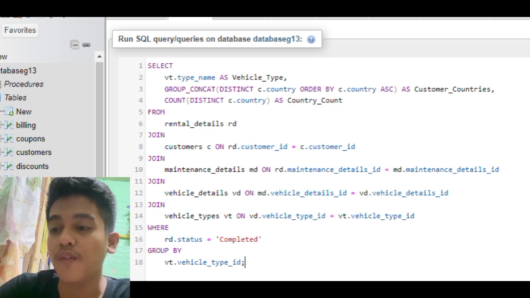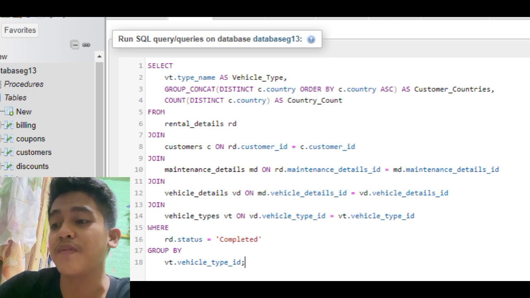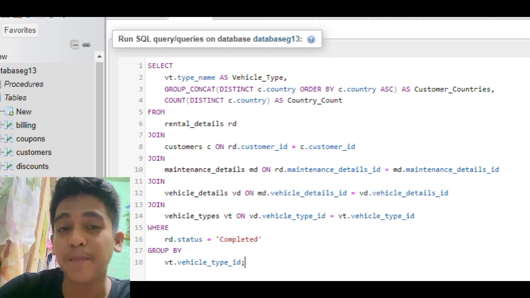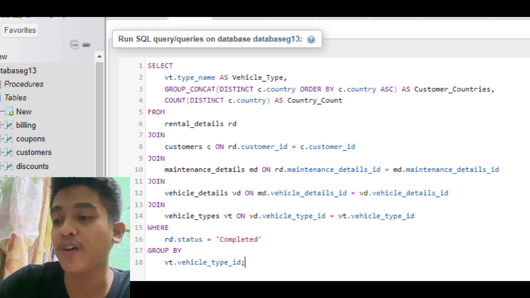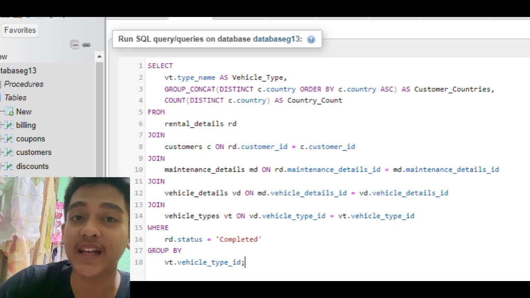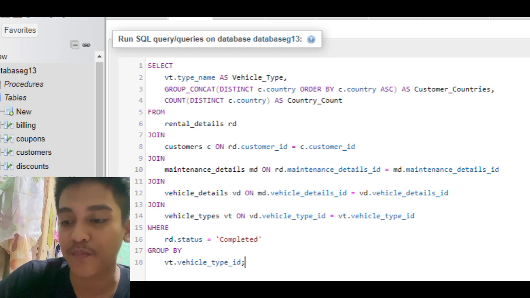And for the result, for each vehicle type, the query outputs the name of the vehicle type, a list of countries where customers rented this type of vehicle, and lastly the country count, which is the number of unique countries represented in the rentals for these vehicle types.